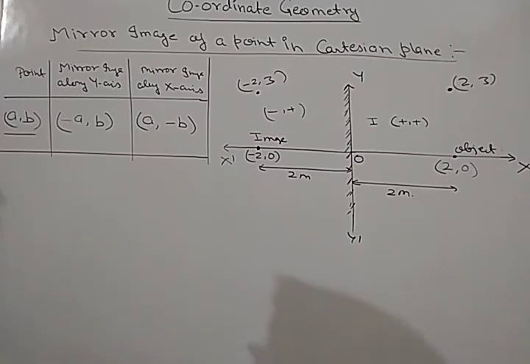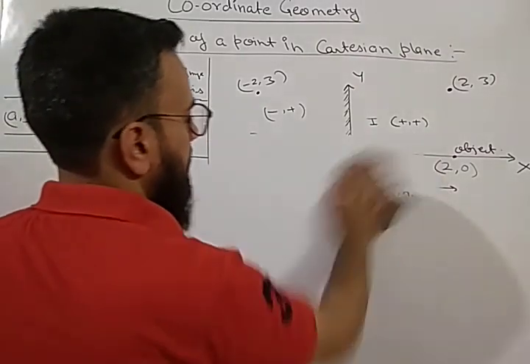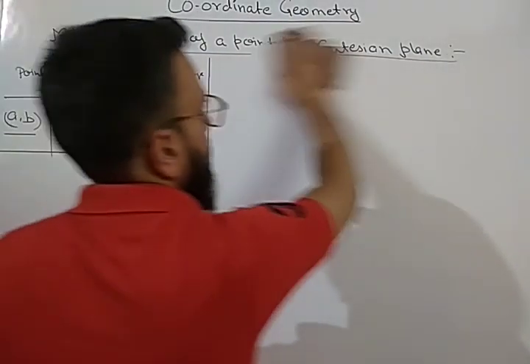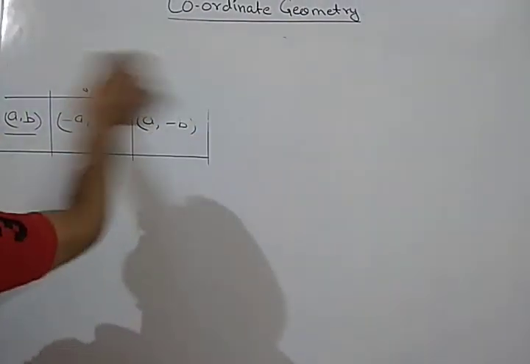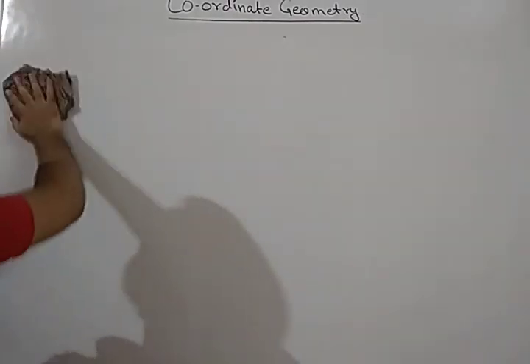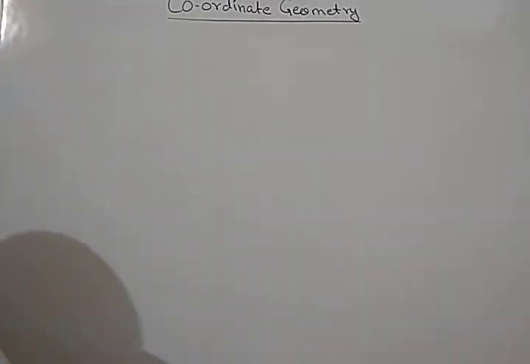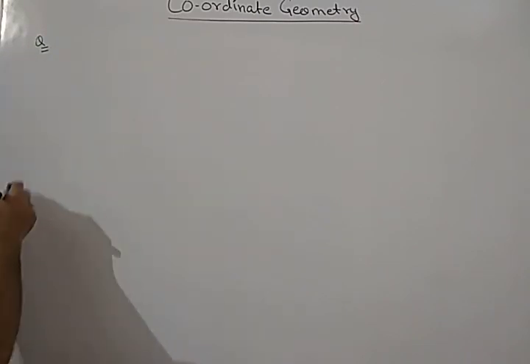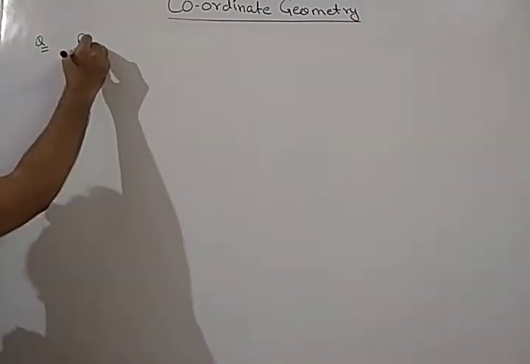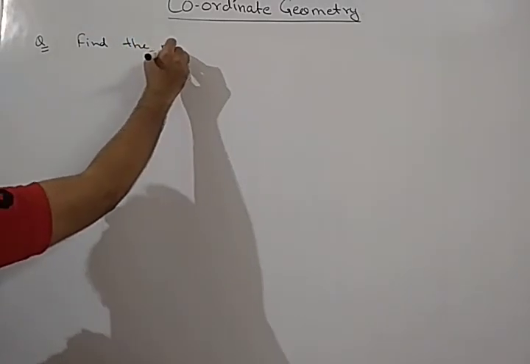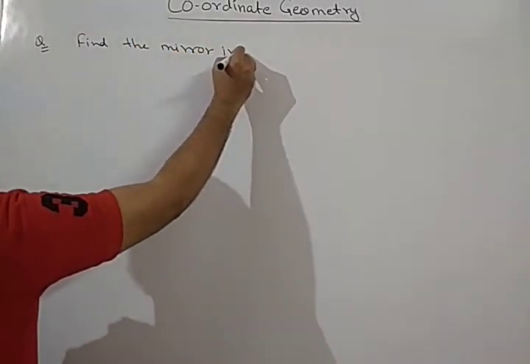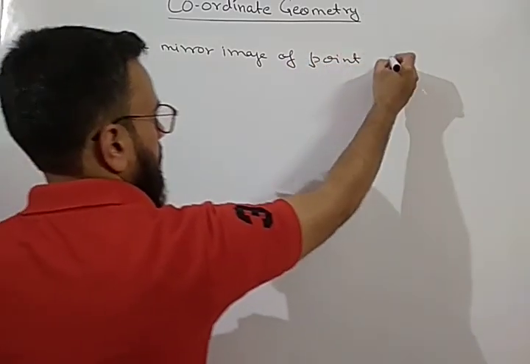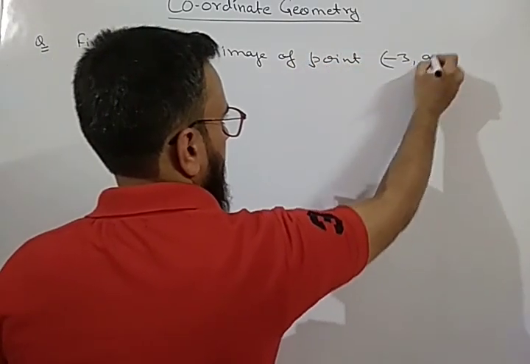So now let us discuss some questions based on these concepts which we have discussed today. First question. Find the mirror image of point minus 3, 9